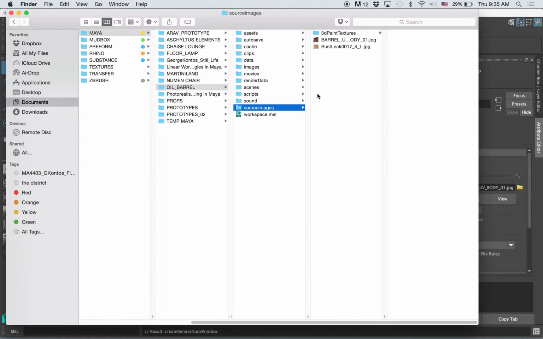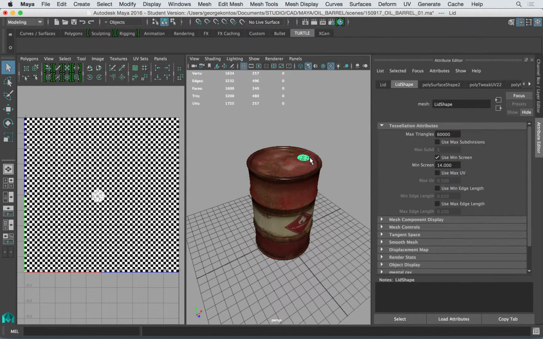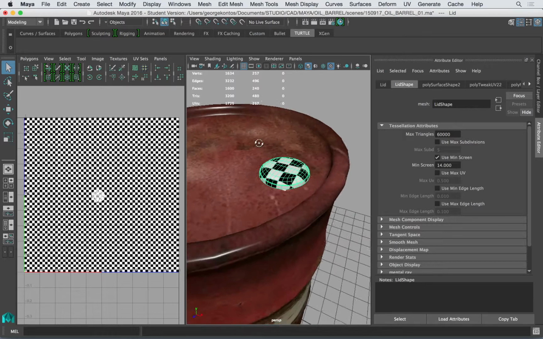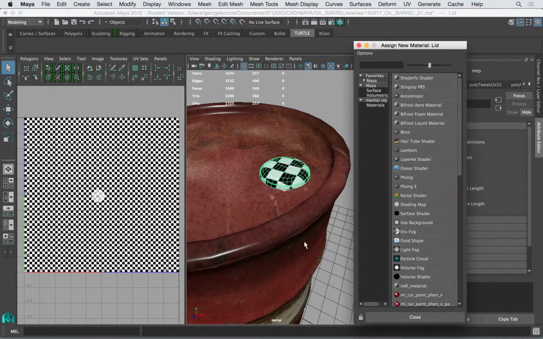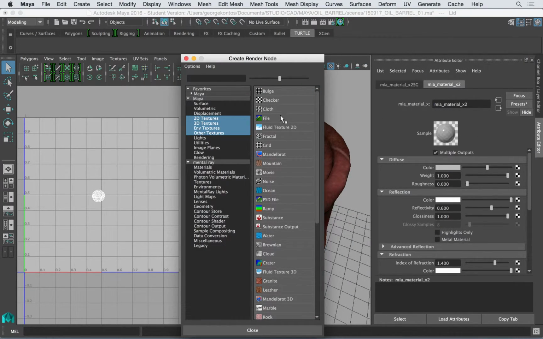If something is missing from that folder, you're basically going to move to another computer, and it's going to be missing, and you're not going to have it. So now I'm going to use this one, and since this is also textured, I'm just going to select assign new material, mental ray, MIA material X, and bring a file,